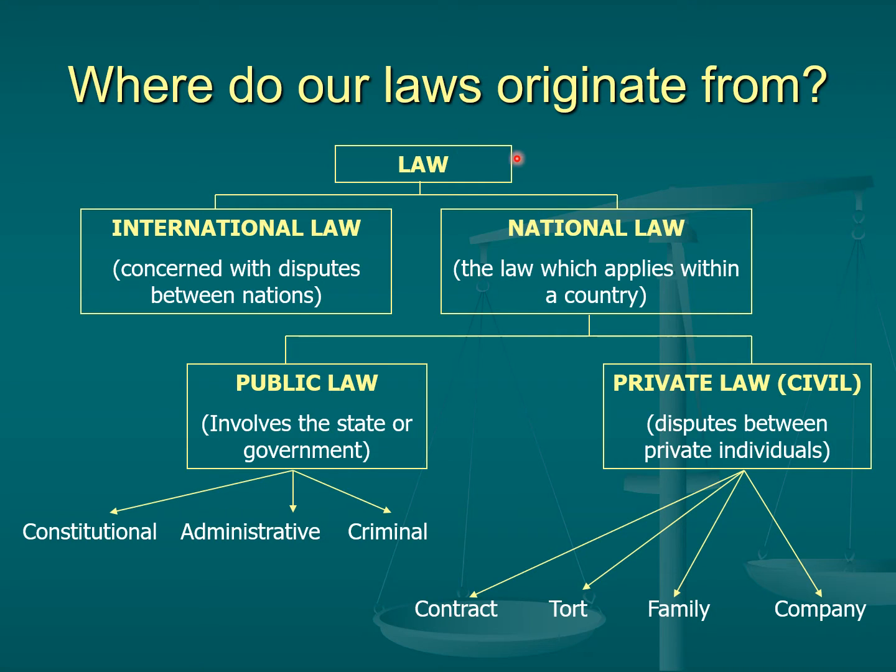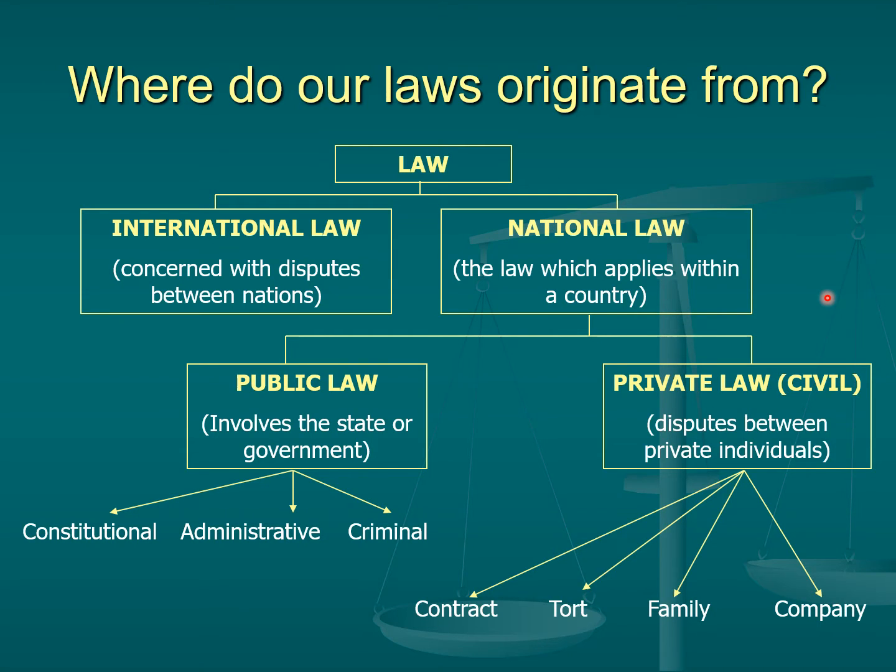So to begin with then, when we're talking about laws, we can differentiate between international law, which is concerned with disputes between nations, and we can distinguish that from national law, which is the law which applies within a particular country. International law you may study if you're looking at human rights law, and you may study that on A-level law. But primarily we're going to concentrate today on national law, and this is the law which applies